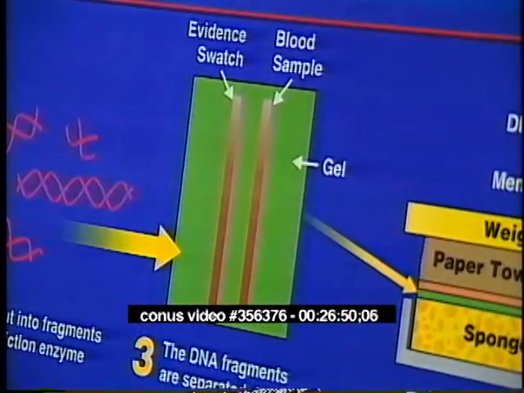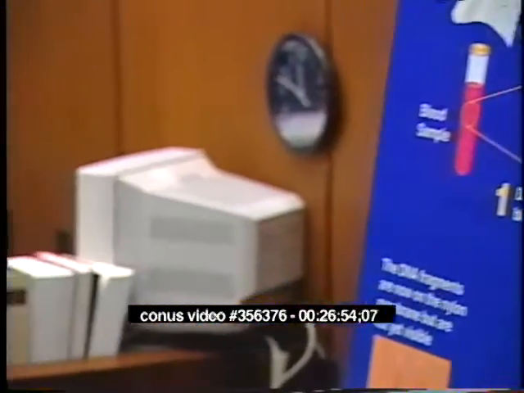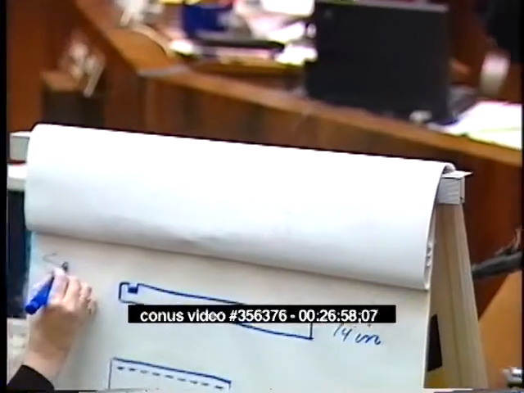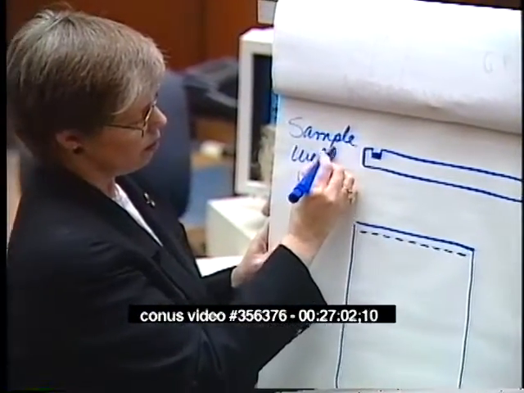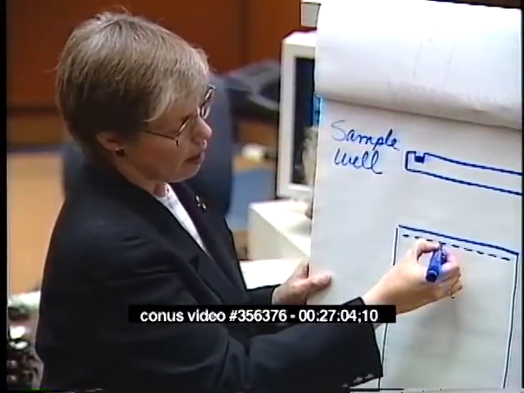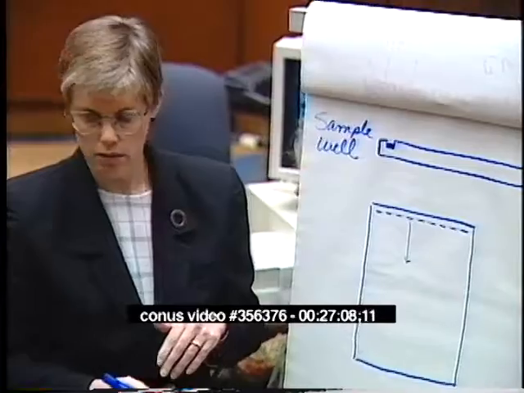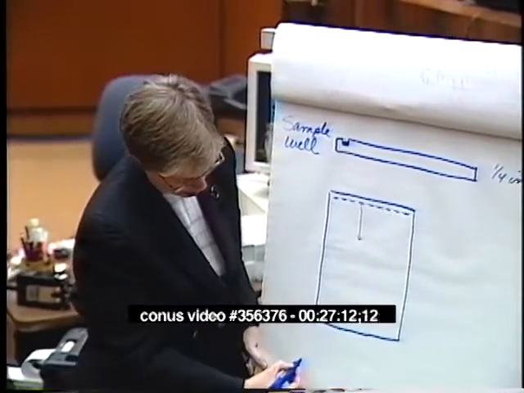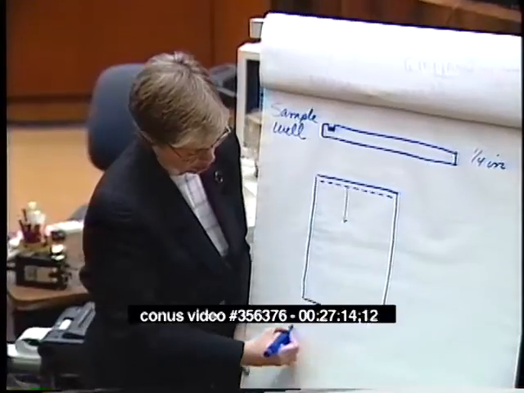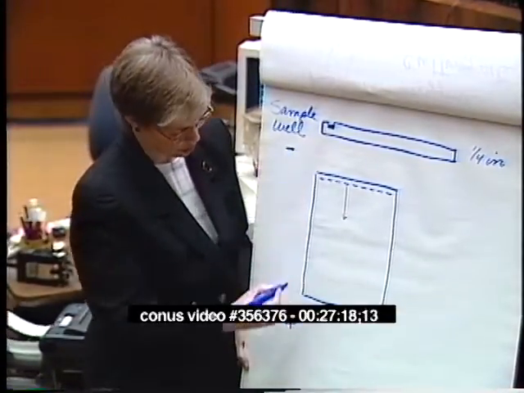Anyway, you have your DNA sample, and the sample is placed into this indentation in the gel, which is called a sample well. And the DNA moves through the gel. The DNA has a charge. It carries a slight negative charge, so if there's a positive electrode at this end and a negative electrode at this end,